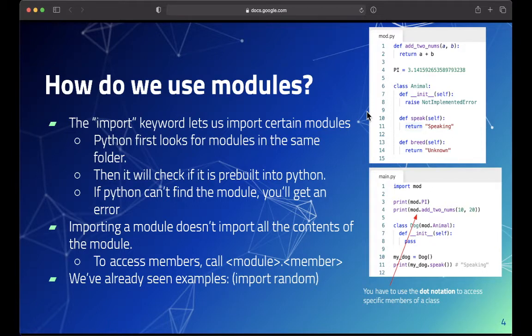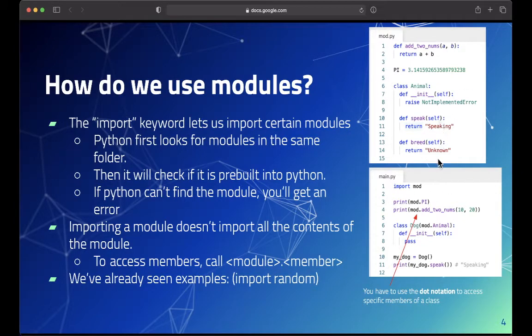So, like we said, all a module is, is a .py file. So far, every time we created a py file, we've been working with modules. The import keyword, which we've used before, allows us to import or use other modules. Let's say in this case, I have this main.py module, I can access the mod.py module by just importing it. If they're in the same folder, it'll work fine. So you can just say import mod,